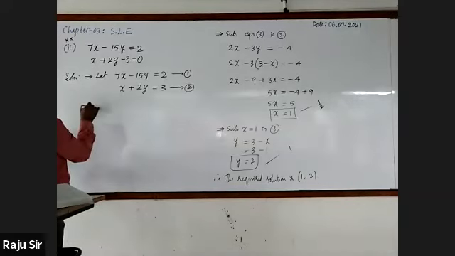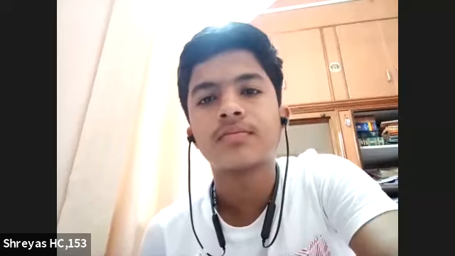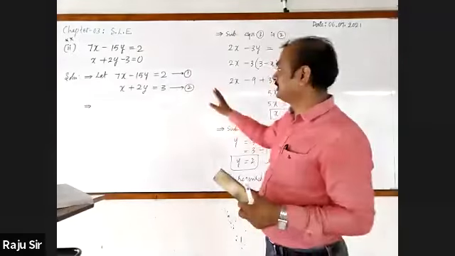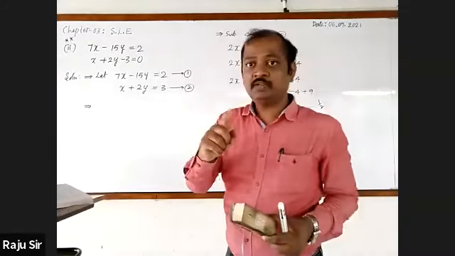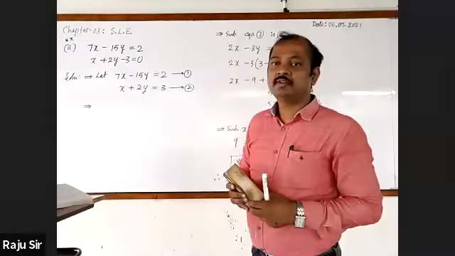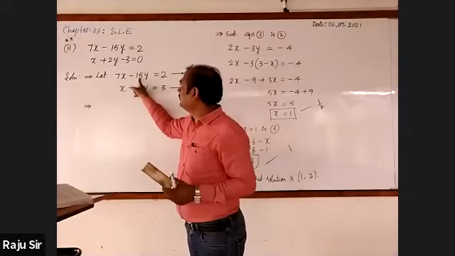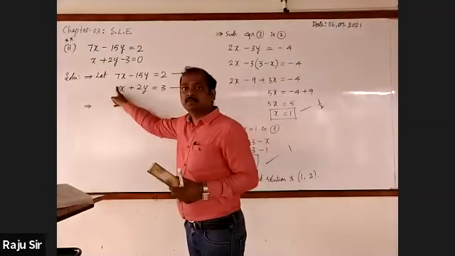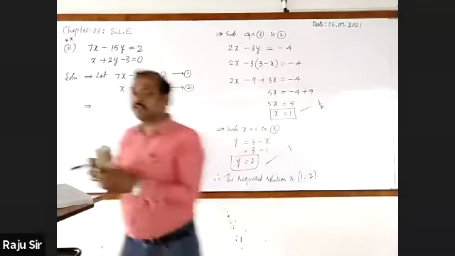Now it's very interesting. Which equation would you like to choose? Second equation, sir. Very good. Sudarshan, could you tell why should we choose the second equation? Sir, the coefficient is least. Very good. Here is 2, here is 7, here is 15. The least one is 1, and it is there in the second equation. So let's go for choosing the second equation.